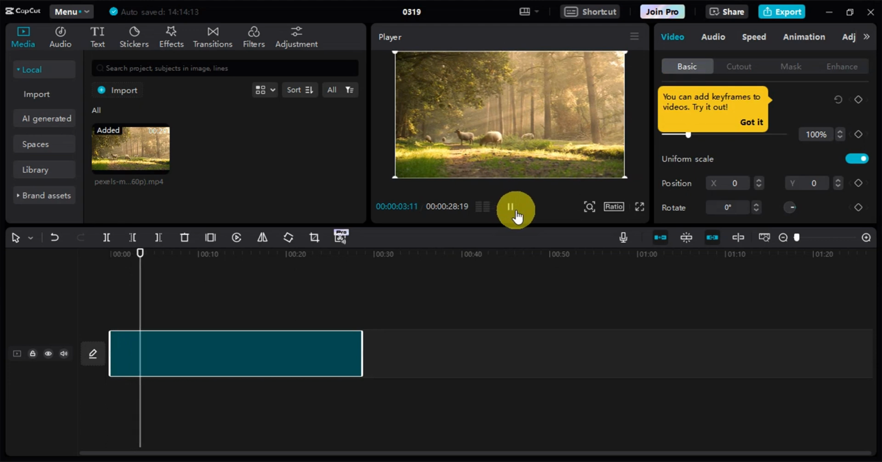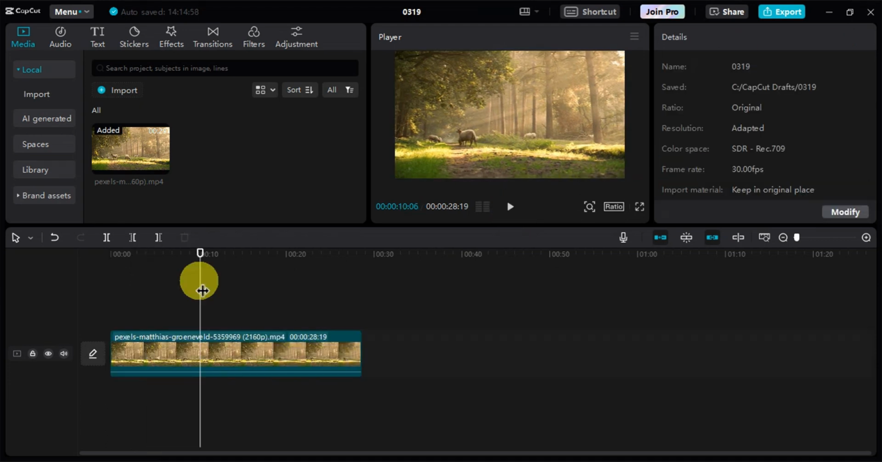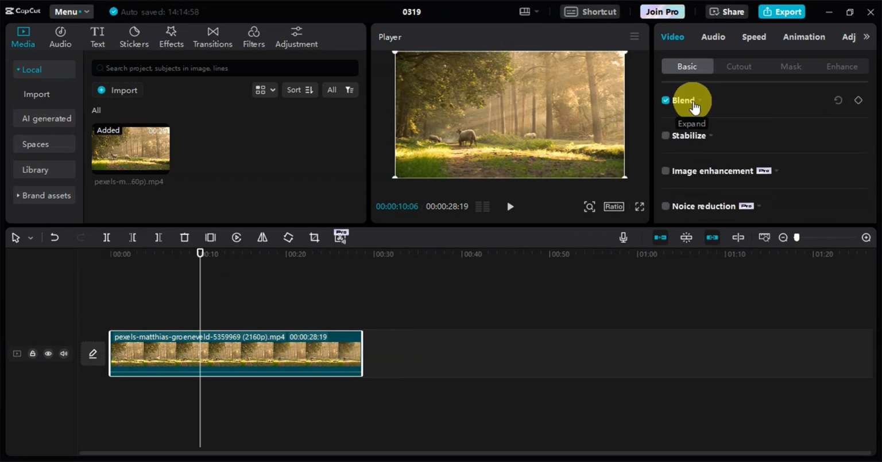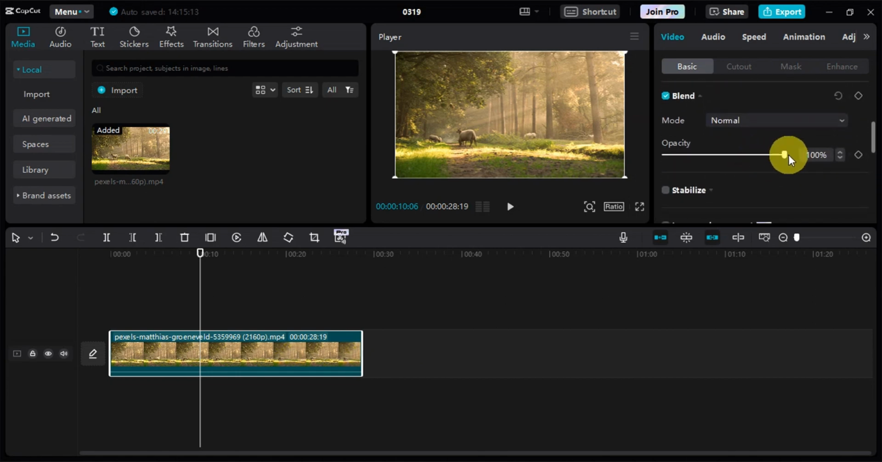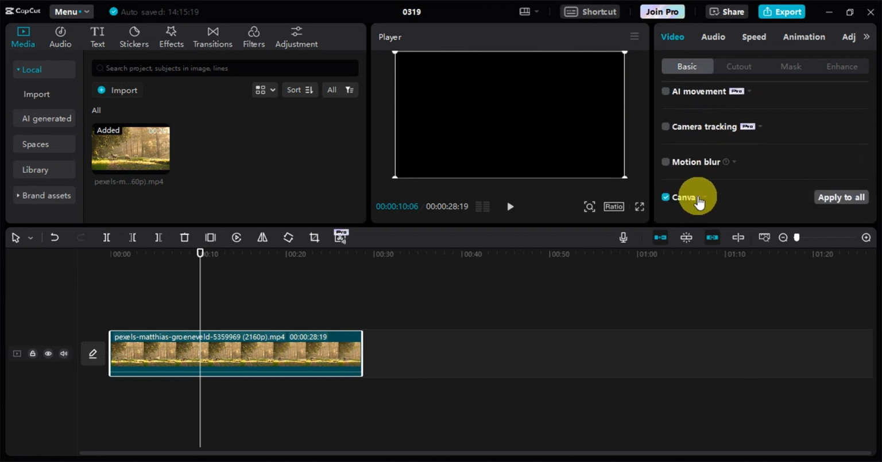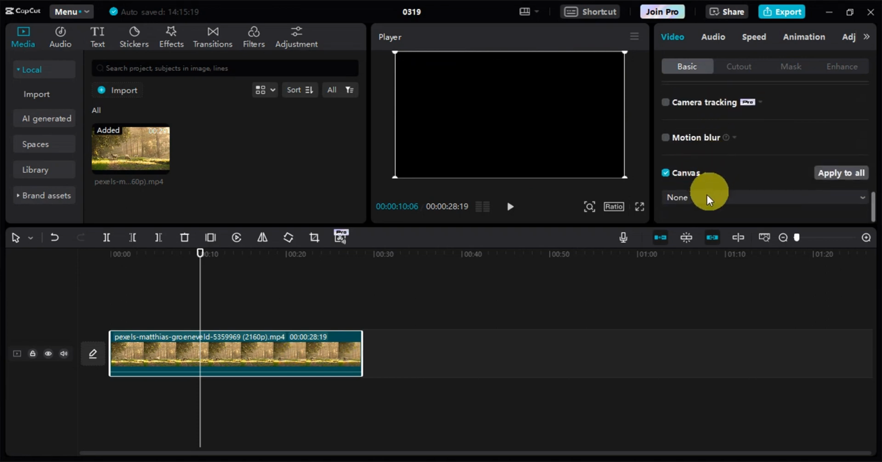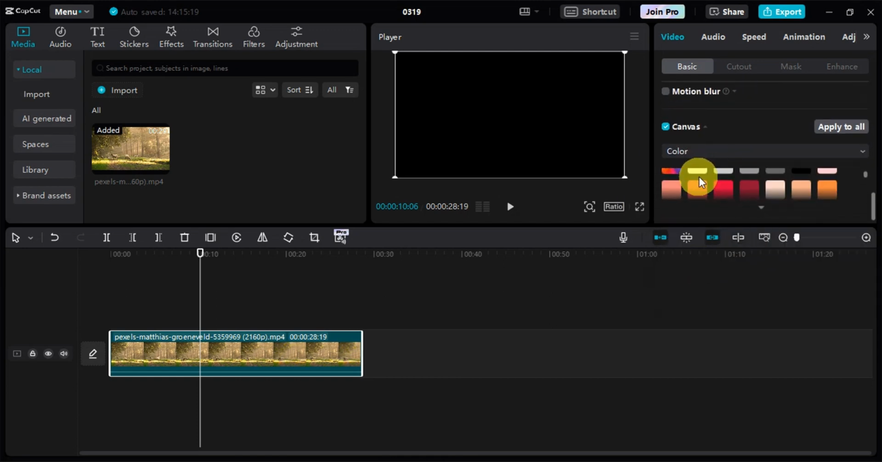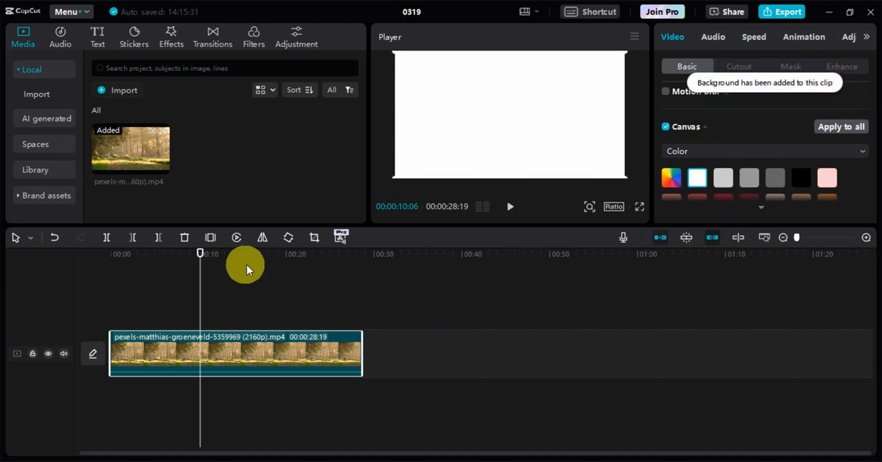Now for us to be able to add in the text, what we need to do next is just to click onto the video, scroll down in here until you find the blend option. So we're going to expand that one, and then we'll need to lower the opacity of our video. So it should look something like that, and then scroll down until you find the canvas. So let's expand that, and then we'll try to choose the color in here. So click onto that, and you could choose any color you want. So let's try out this white one,